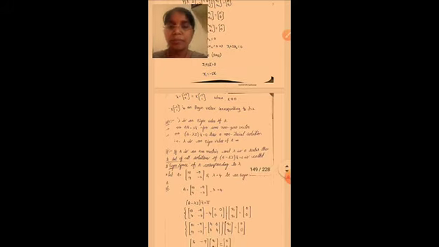Okay, note here: lambda is an eigenvalue of A if and only if A x bar is equal to lambda x bar for some non-zero vector. Okay, lambda is an eigenvalue of A, it satisfies the condition A x bar is equal to lambda x bar for some non-zero vector. Next, if and only if (A minus lambda I) x bar is equal to 0 has a non-trivial solution, lambda is an eigenvalue of A. Okay, these two conditions are satisfied.